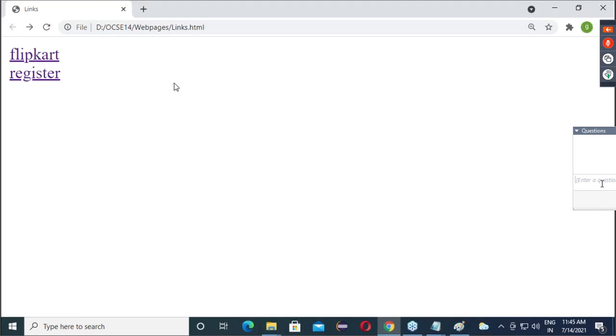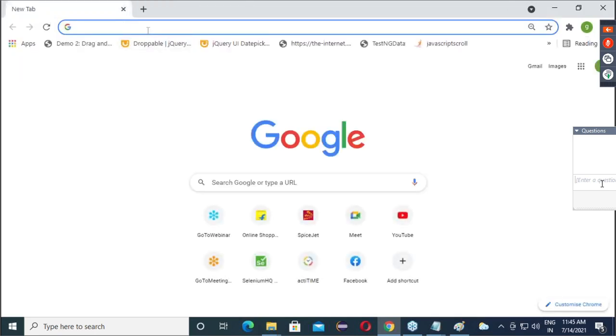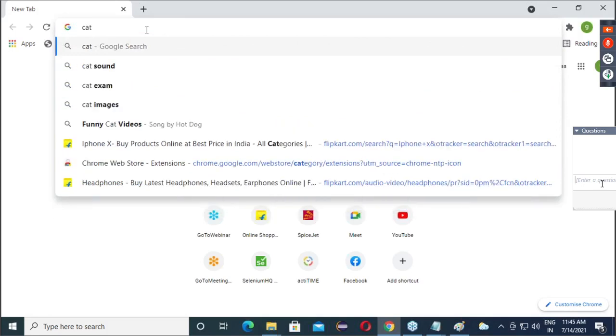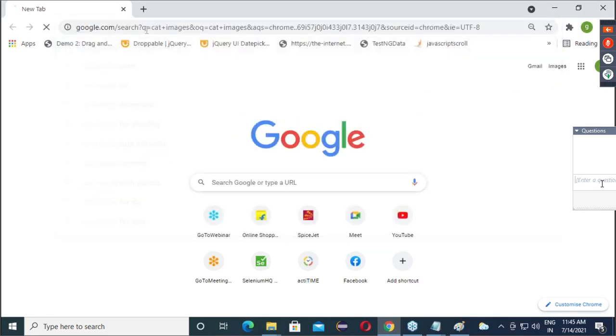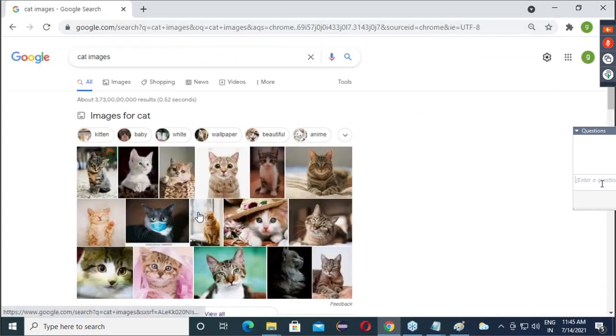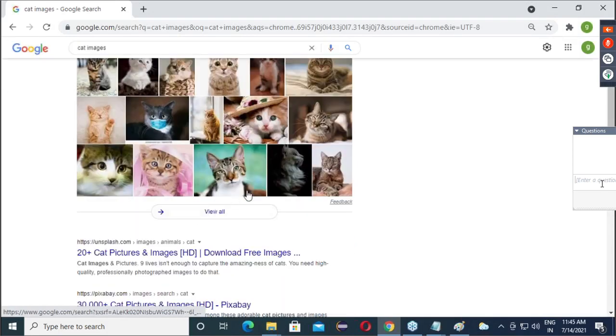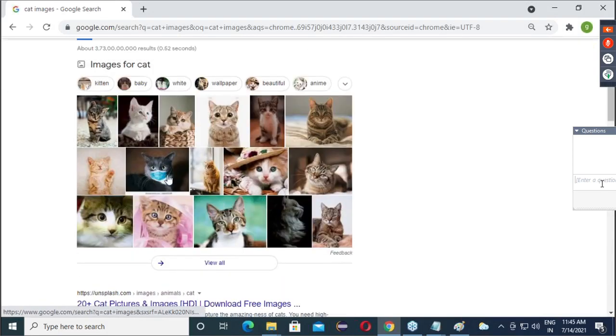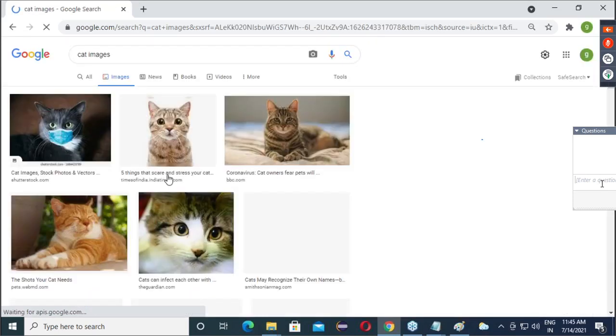Okay, let's find a cat. Atul, which cat do you like? With the mask. Correct. No problem.